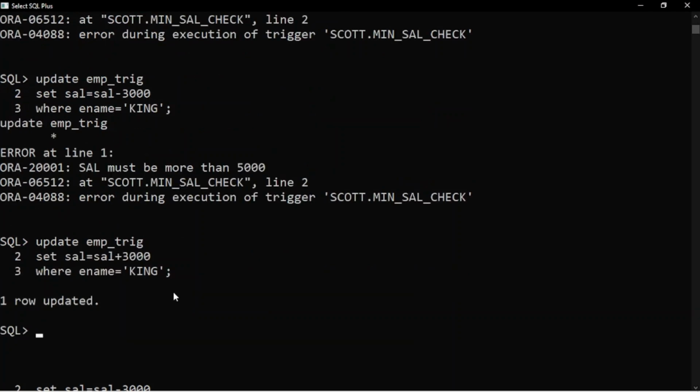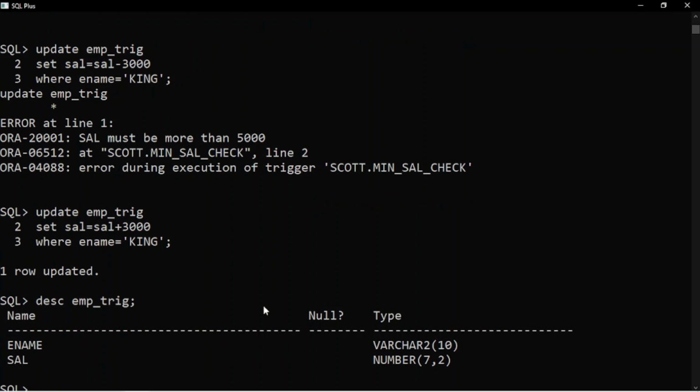So this was all from my side when it comes to examples related to trigger, hands-on related to trigger. I hope now you will be able to see it very well. But before leaving, I want to show the definition of the tables which have been used in these triggers. One was EMP_TRIG, so DESC EMP_TRIG. This was the first table.